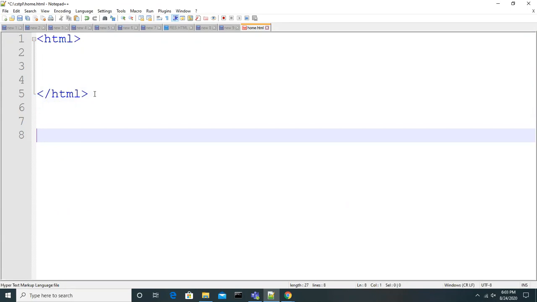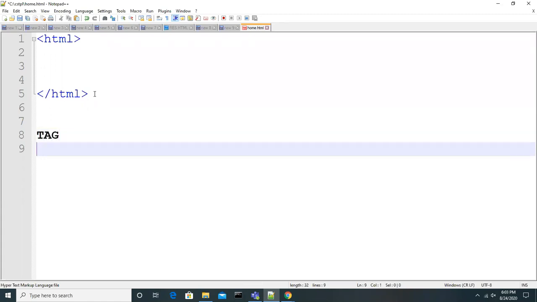We are trying to learn a new language, the HTML language. The purpose of the language we already understood, and how to write it and how to display it, we are going to understand. As part of HTML, we have to understand two terminologies: tag and attribute. Two things you have to understand: tag and attribute.